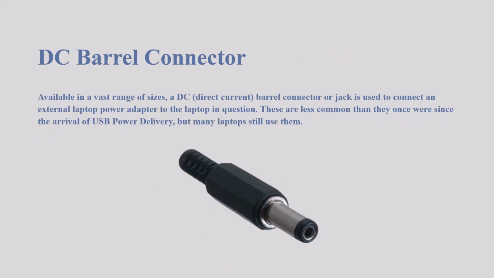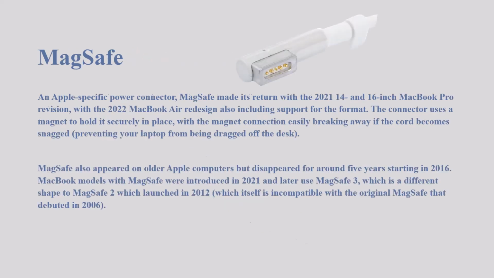The DC barrel connector, available in a vast range of sizes. A DC or direct current barrel connector or jack is used to connect an external laptop power adapter to the laptop in question. These are less common than they once were since the arrival of USB power delivery, but many laptops still use them. An Apple-specific power connector, MagSafe, made its return with the 2021 14 and 16-inch MacBook Pro revision, with the